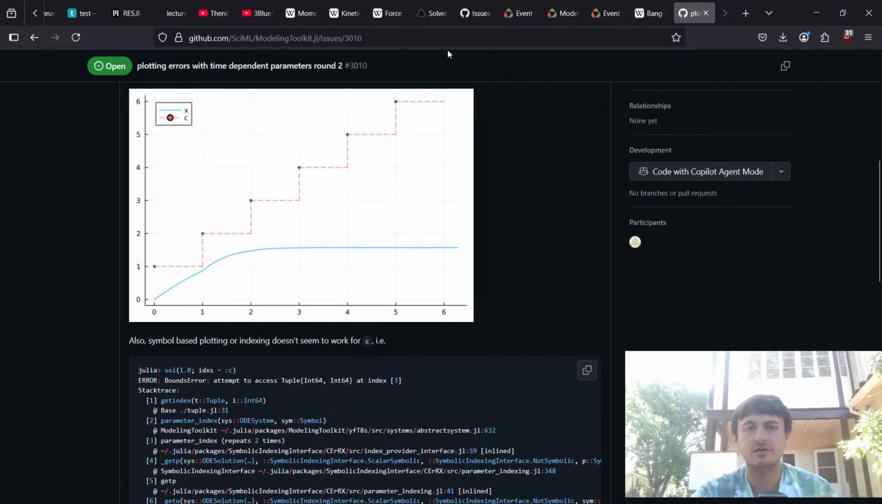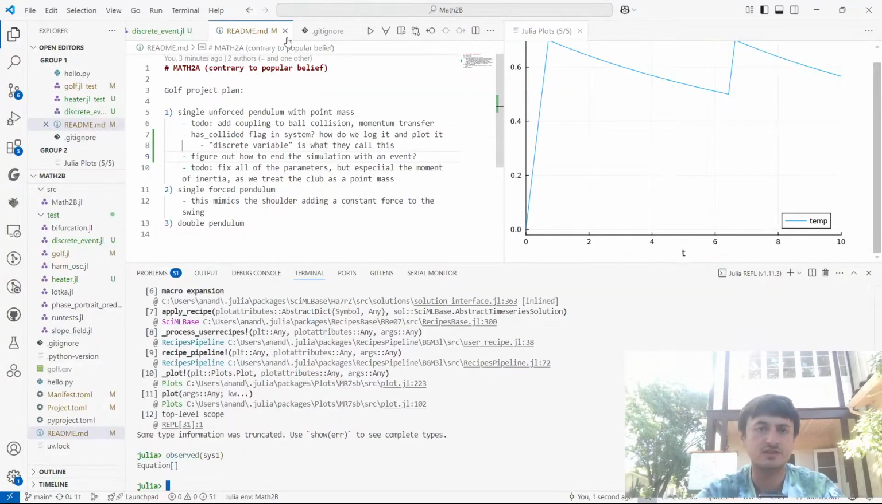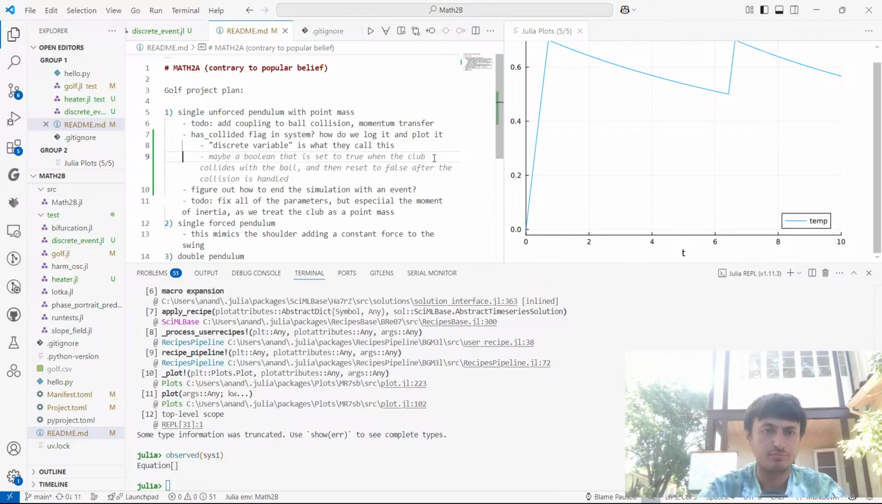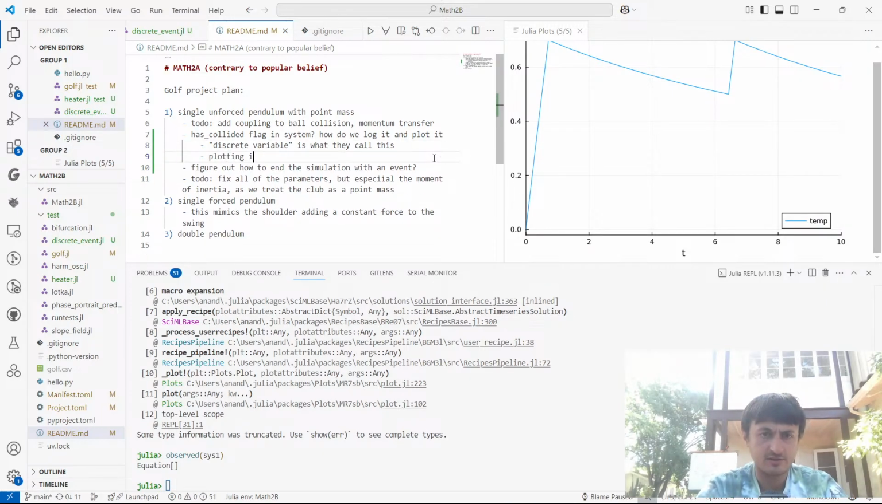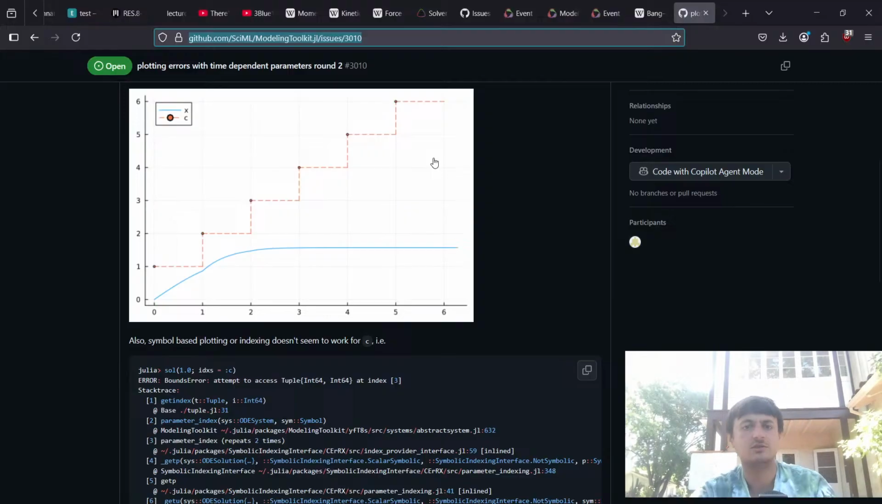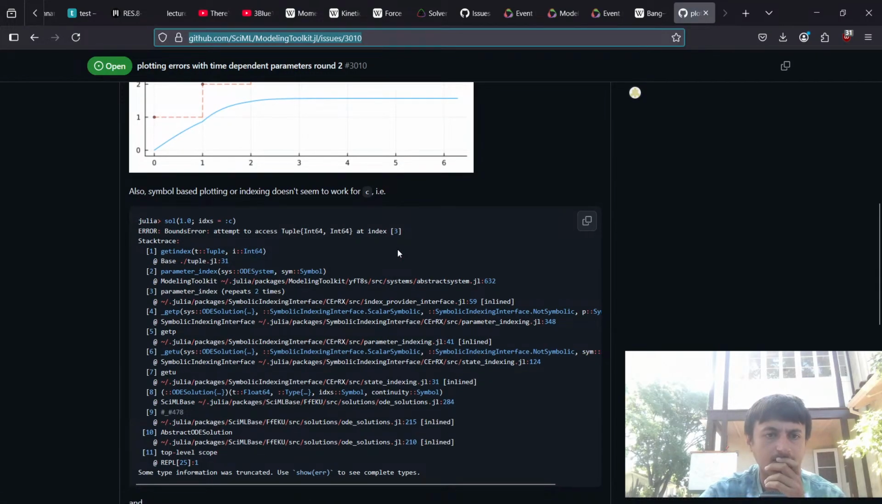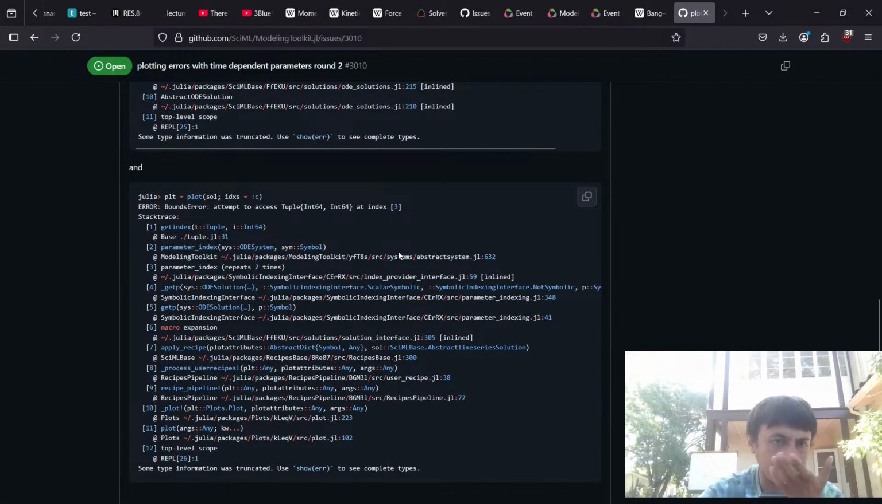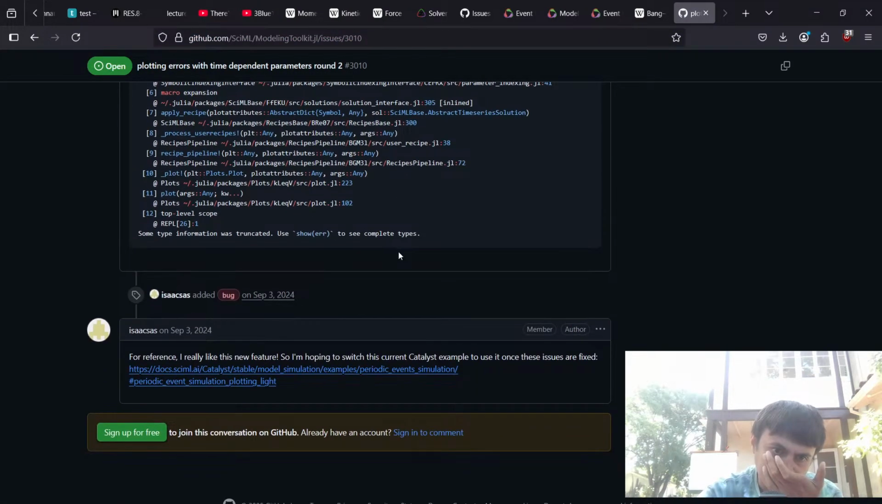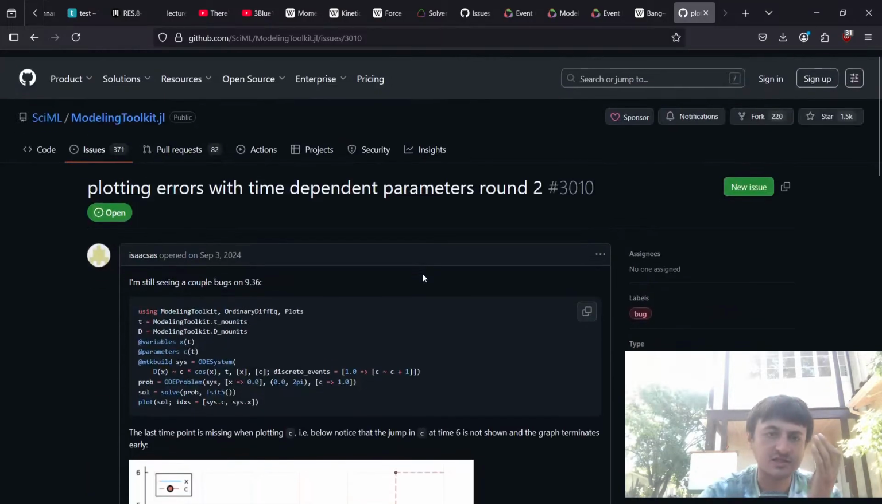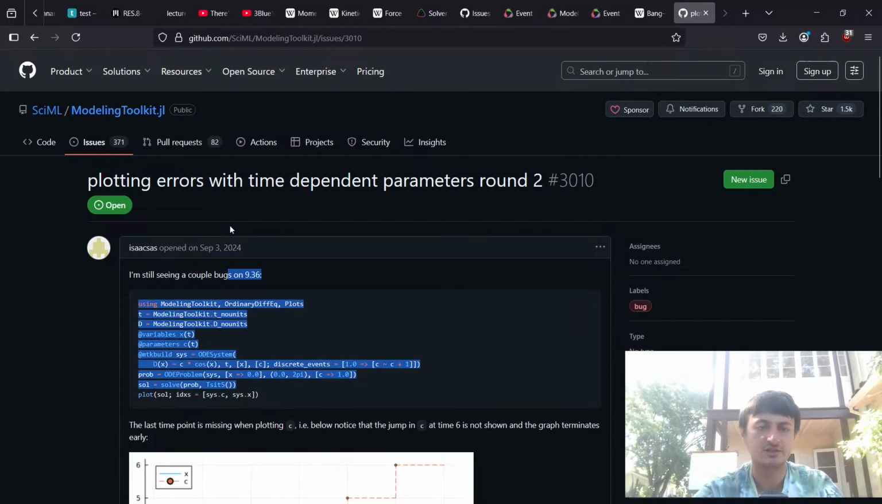Yes, so this is the issue. Plotting is related to this issue. Yes, this is exactly the error that I'm seeing. And of course, it's like 6 months old and nobody gives a shit because everyone's busy. I get it. But it's like,